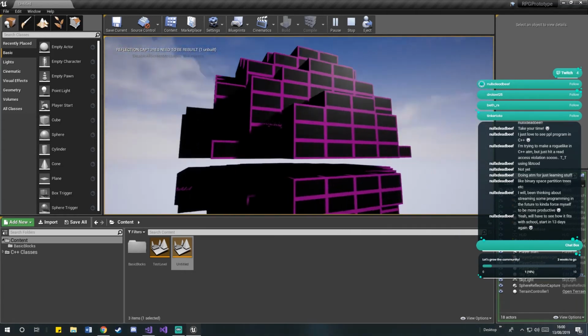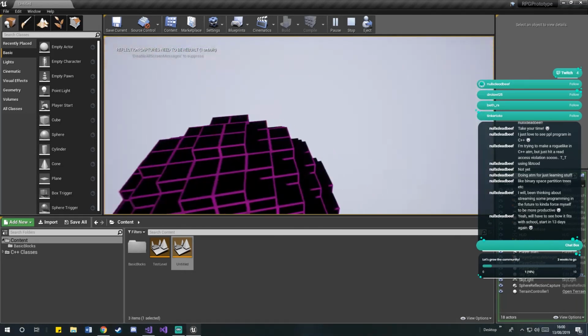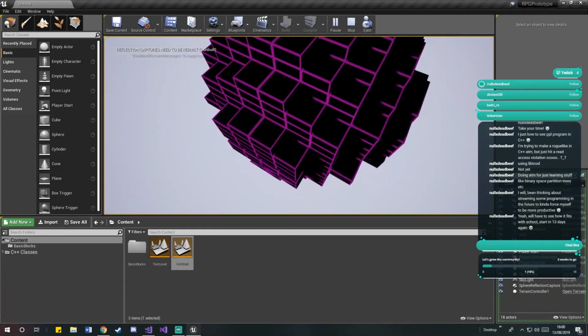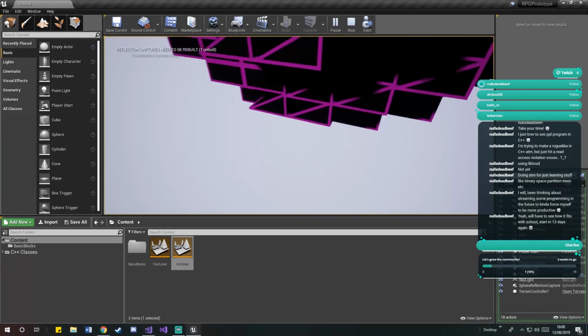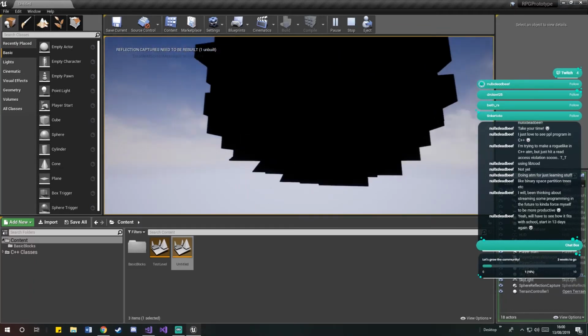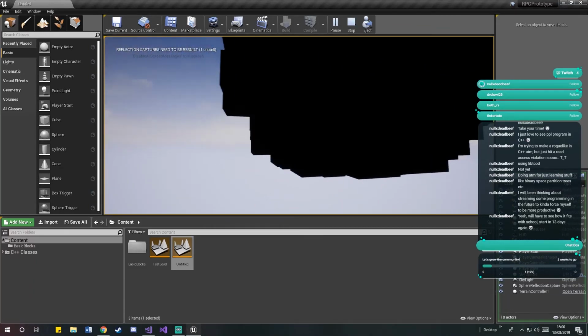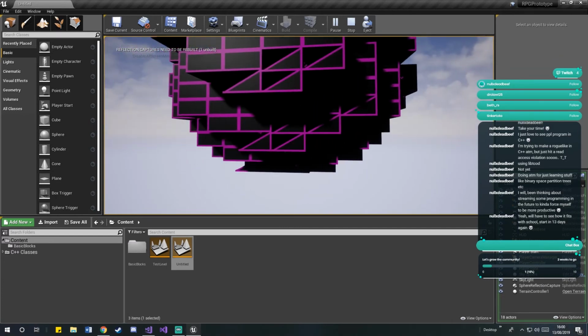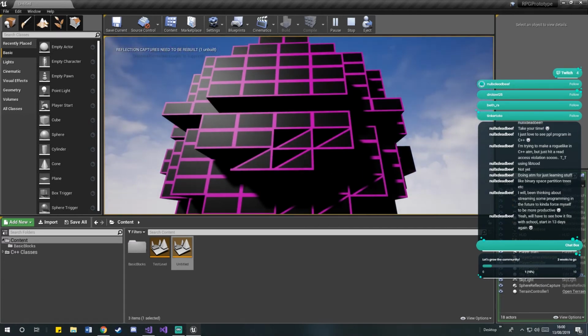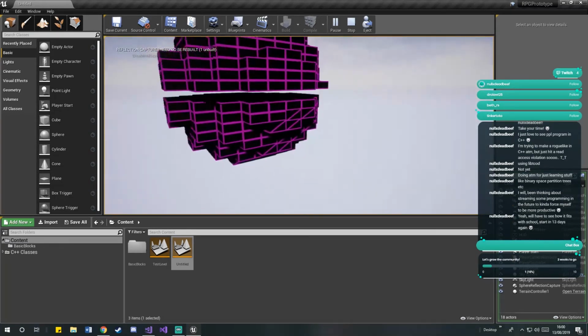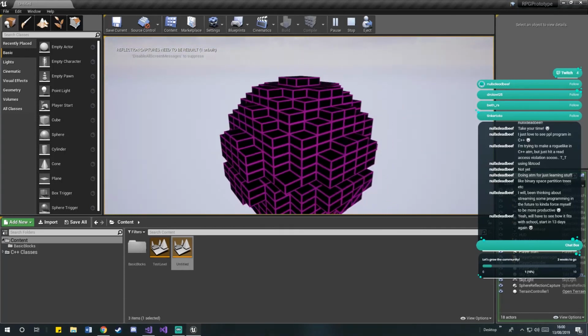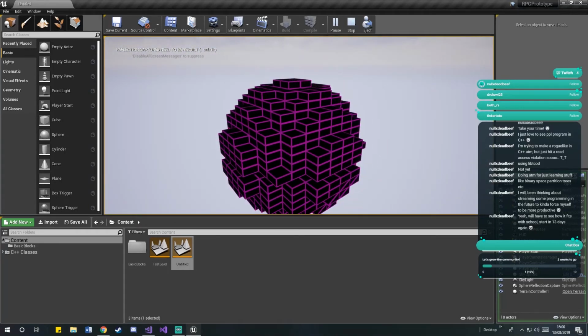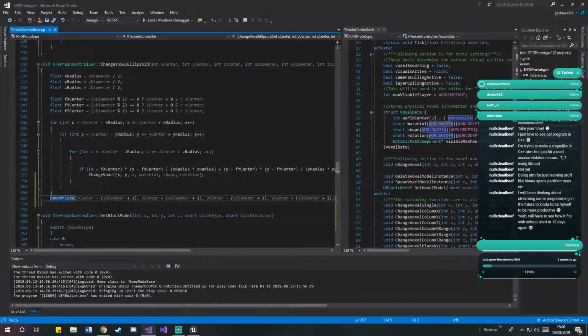I've got to retest my logic. I'm sure I'm doing something wrong. Weird as well that it's only affected, I think, one side. That is really bizarre. That should not be happening at all. Right, let's take another look at what we're doing. So,